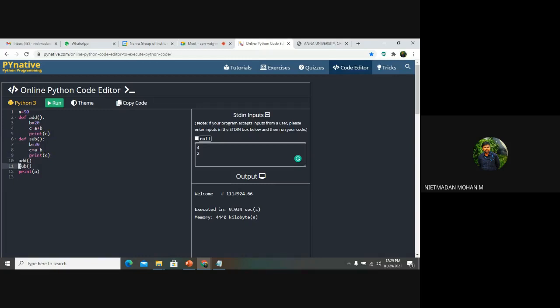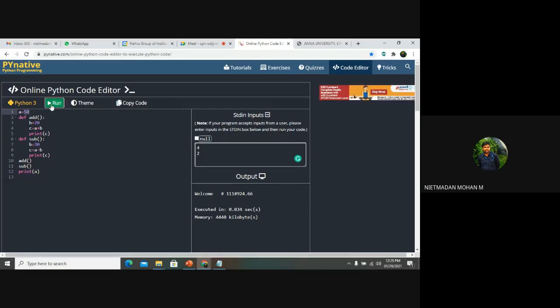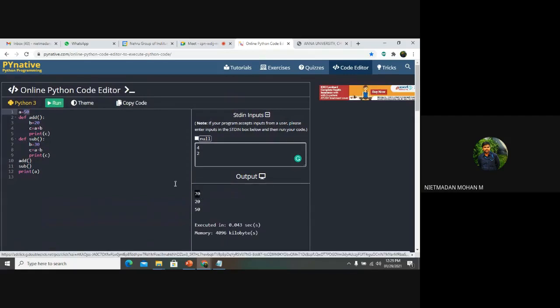After completion of the 11th line, it will check the remaining part of the program whether any operations are done over there. So we have a print operation over here, print of A, and it will search for an A variable over there, take the value and produce the result. So you can see here, in the first operation we got 70.